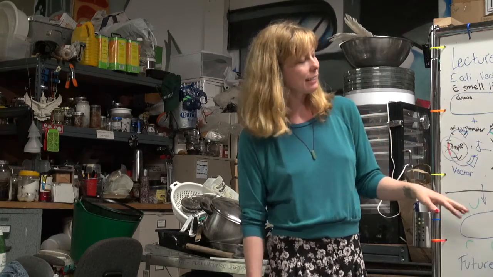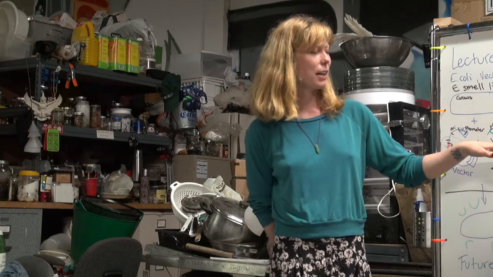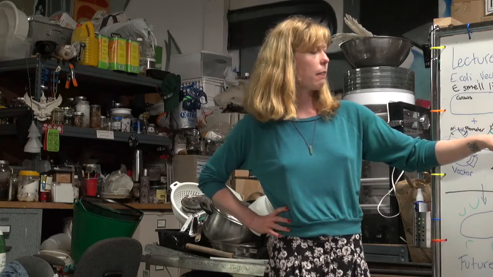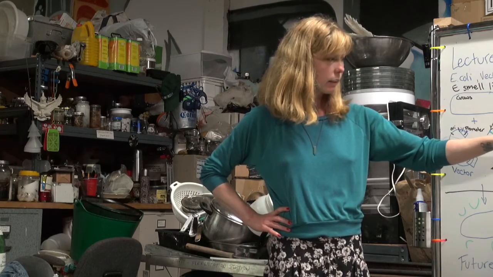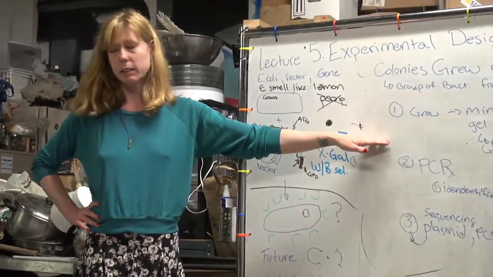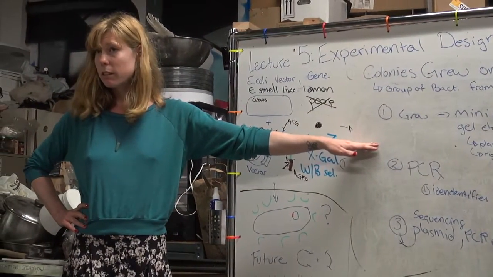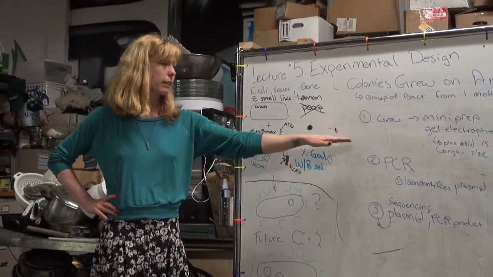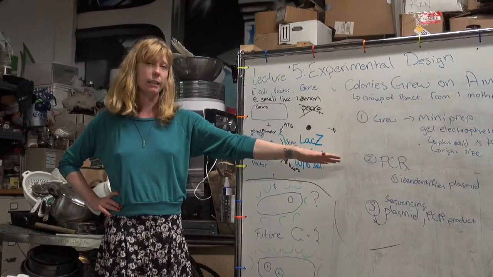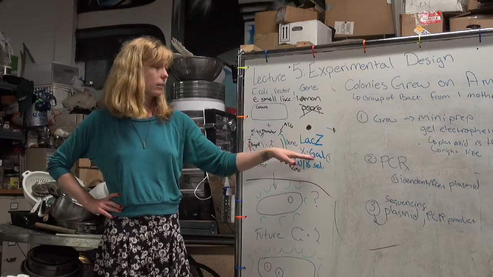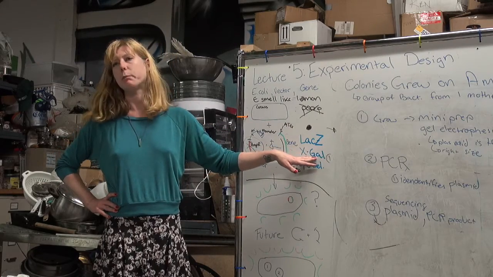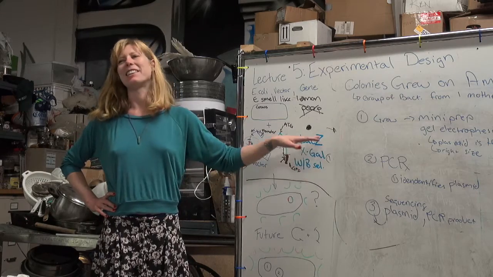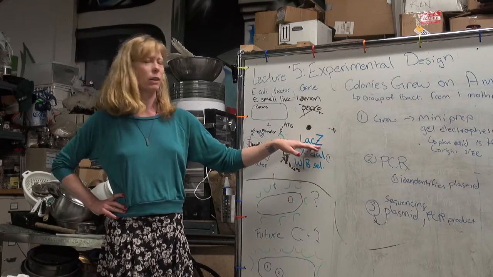I'm pretty sure that the beta-galactosidase, which is the gene that lacZ codes for, has either been changed so it reacts with X-gal, the substrate that turns the E. coli blue,